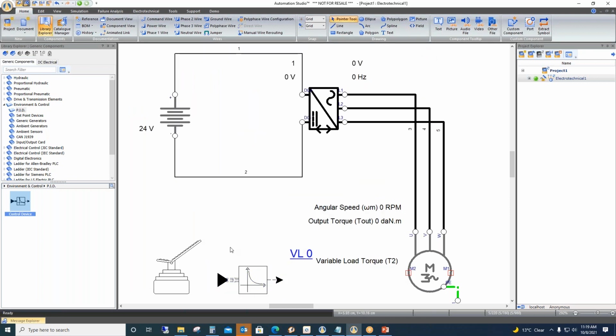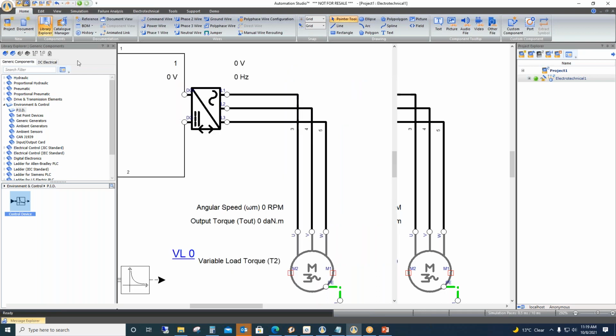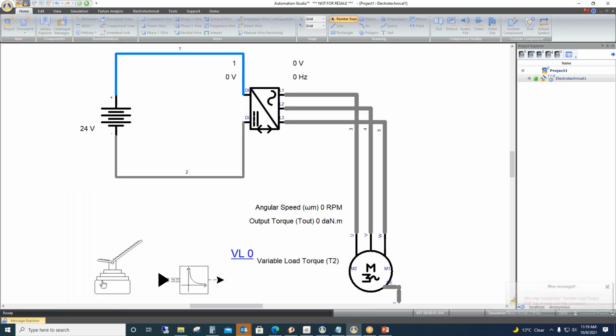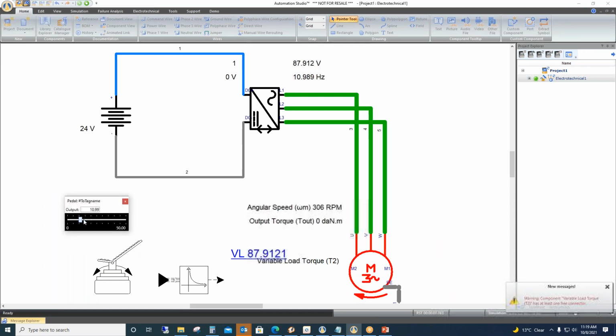Now if I start the simulation, this is the pedal. If I vary the pedal from 0 to 50, accordingly you can see the line voltage proportionally varying with respect to the frequency. We have given maximum frequency 50 Hertz corresponding to 400 volts, so we are achieving that here.